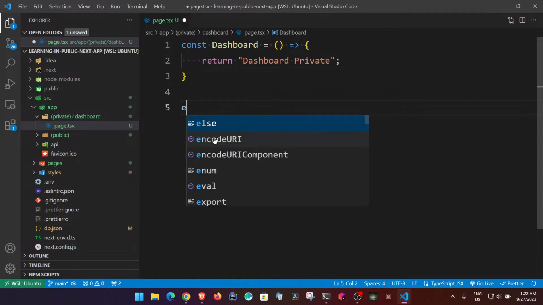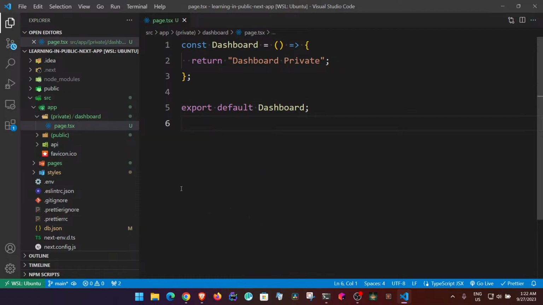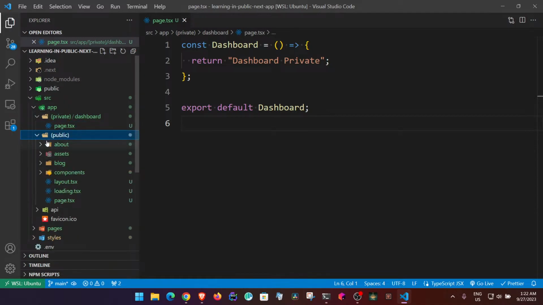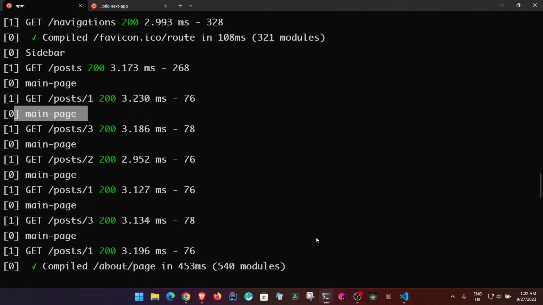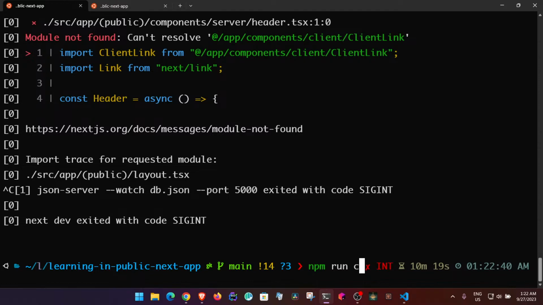Of course there will be no private right now, but like this. And if everything is fine, as I understood it, then if I simply rerun this,